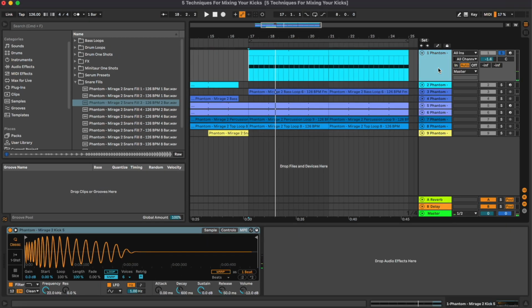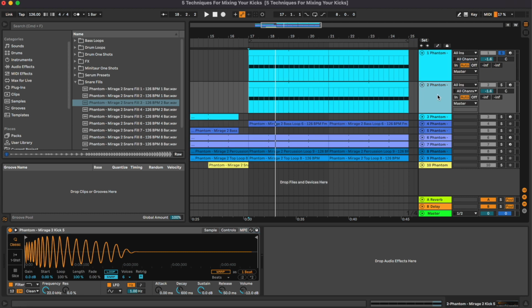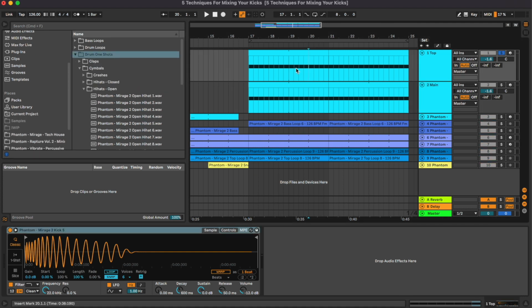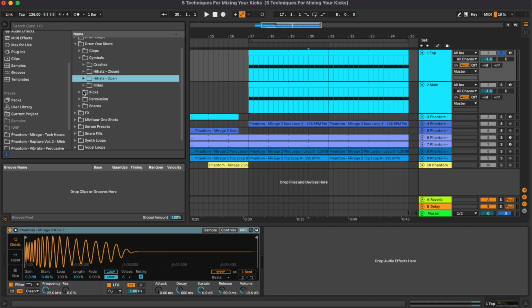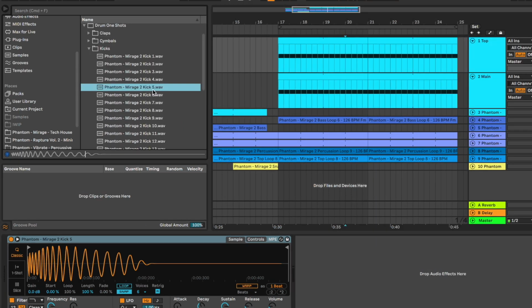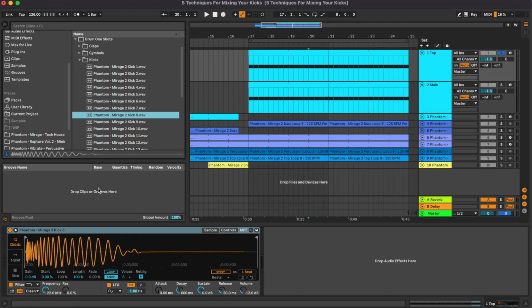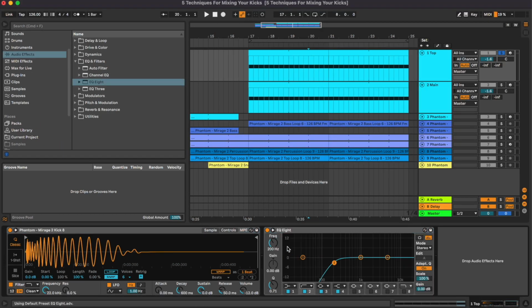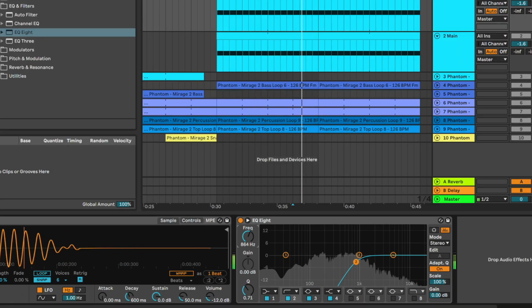And if we wanna add a top kick, we're gonna duplicate the track. We're gonna call the first one top and the second one main. So first thing is gonna be choosing the right sample. So we have to find a kick drum which has a really nice attack, like this one for example, and then we're gonna grab an EQ and remove all the low frequencies,